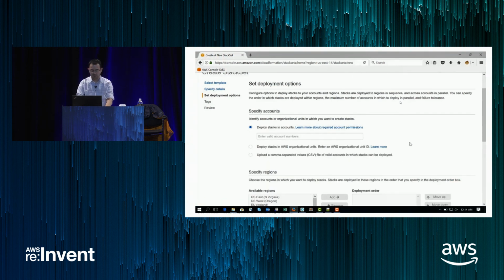And this is where I would specify the accounts where I need to turn on this rule. I could either enter the account numbers or upload a file containing the accounts. Or the third option, if you're an AWS Organizations customer, you just need to provide the organization unit ID, and stack sets would retrieve all the accounts that belong to that organization unit and deploy the stack